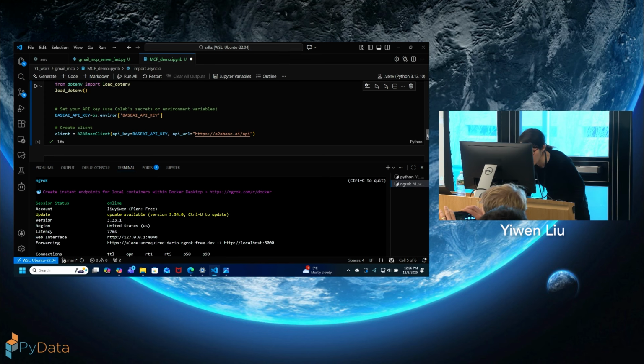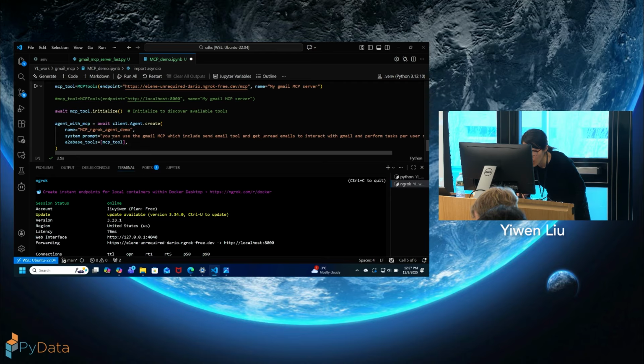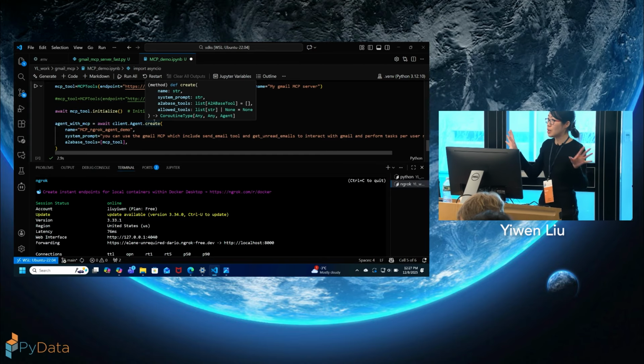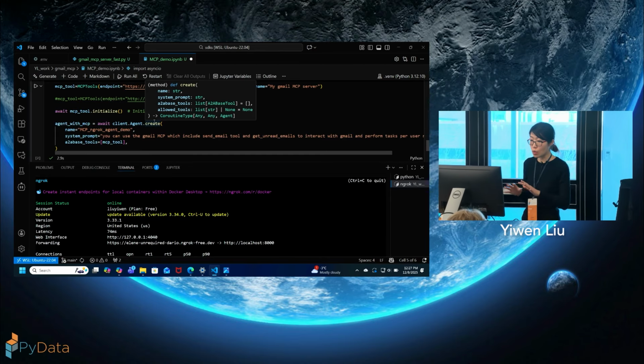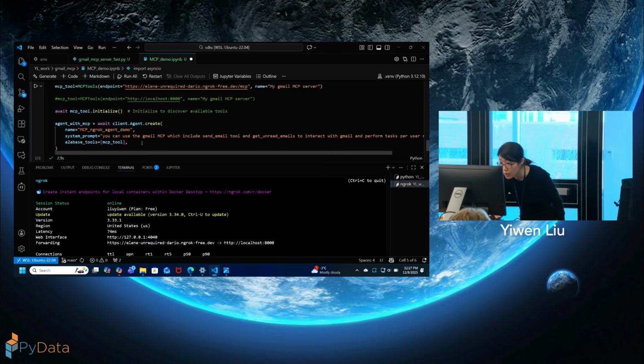The website has a lot of instruction. And so here you go, the MCP tools can be accessed through this endpoint, right? Then I give a name, initialize the tools, then put a tool into the agent and then create an agent. That's it. Your client side is done. You create an agent that can interact with this URL.